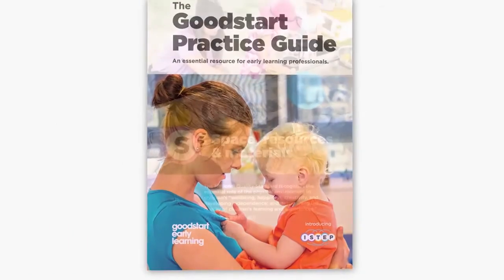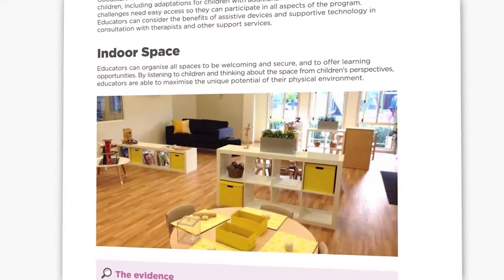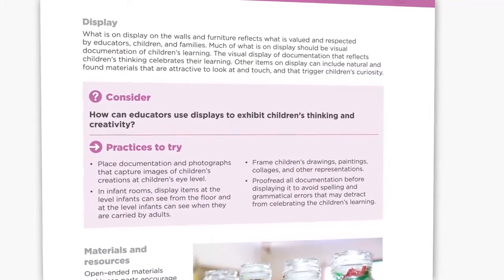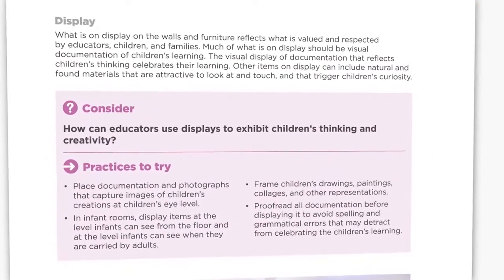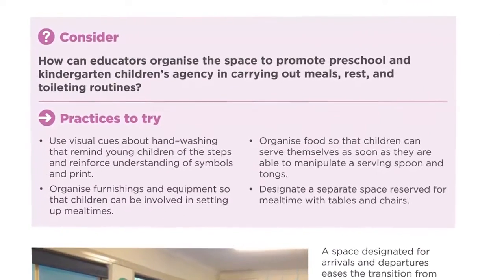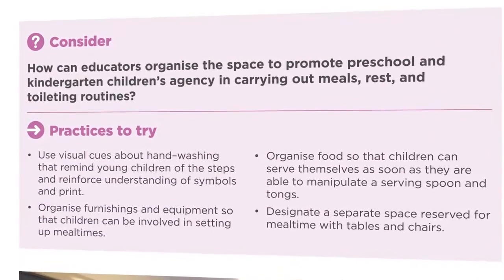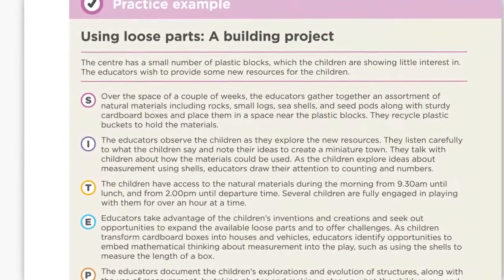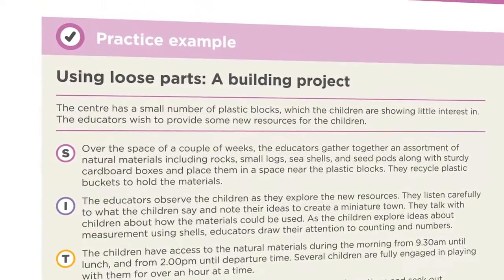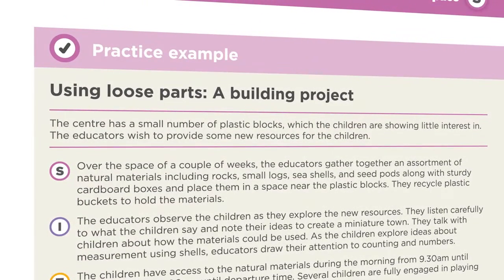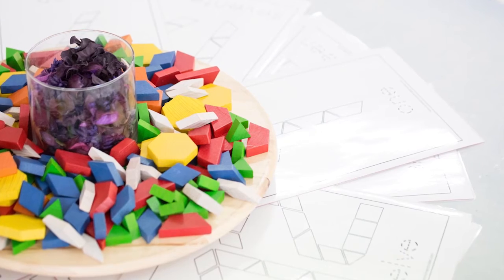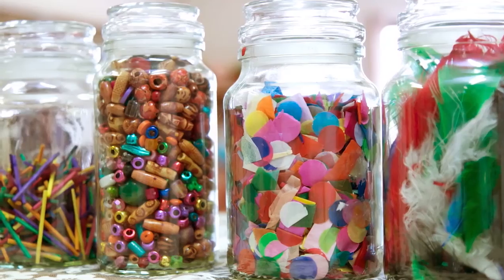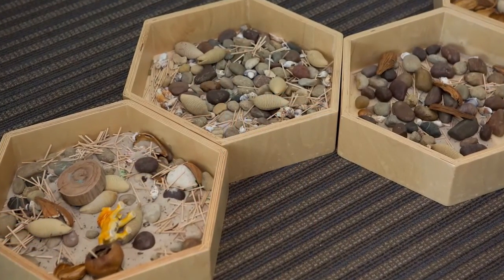The guide discusses the organisation of indoor space, room arrangement, aesthetics, storage, displays, pathways, private spaces, materials and resources, and the need to also consider routines such as meal times and rest periods. It discusses the role of open-ended materials and loose parts in encouraging children to test out ideas and problem solve. The research highlights using open-ended materials and loose parts with no predetermined way of interacting with them, boosting children's creativity